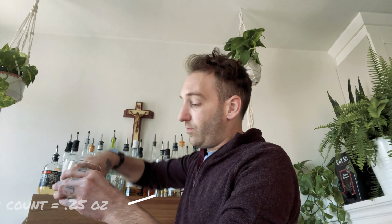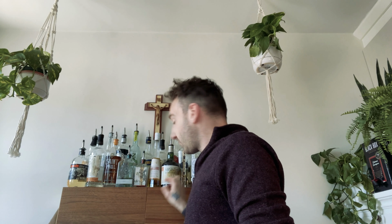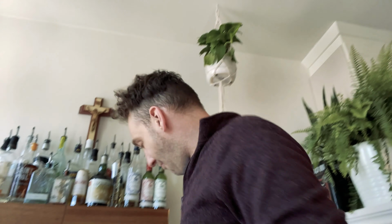So I'm just gonna do a 1 count. 1. Rinse that glass. Oh heck yeah. You're supposed to discard this. This is my home bar though, so this is what I'm gonna do. So now that I've got my absinthe rinsed glass,